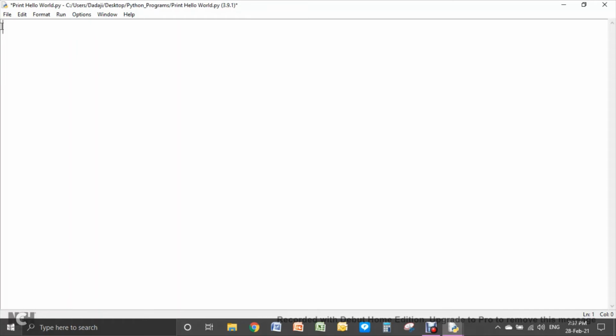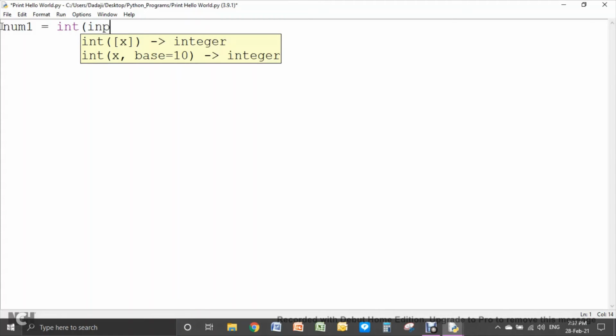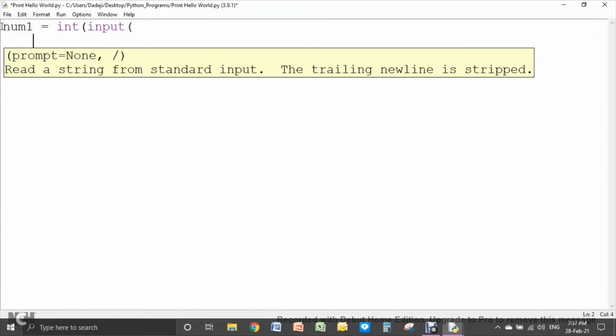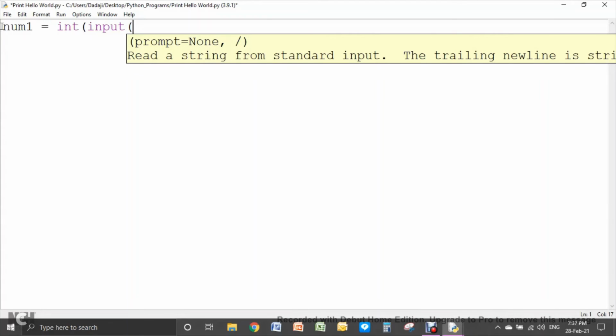So now I'll also show you some number addition, subtraction, and also how to get input. Firstly I'll show you that. So for example, let's do num1 is equal to int input, because input is always string according to Python. So here, in C++ it used to be cin, and in Java it is get text and all of that. So yeah, so we can do int input, and we can do